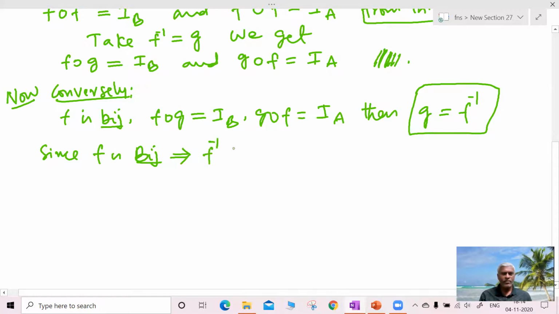f inverse exists, and f inverse is a function from B to A, as